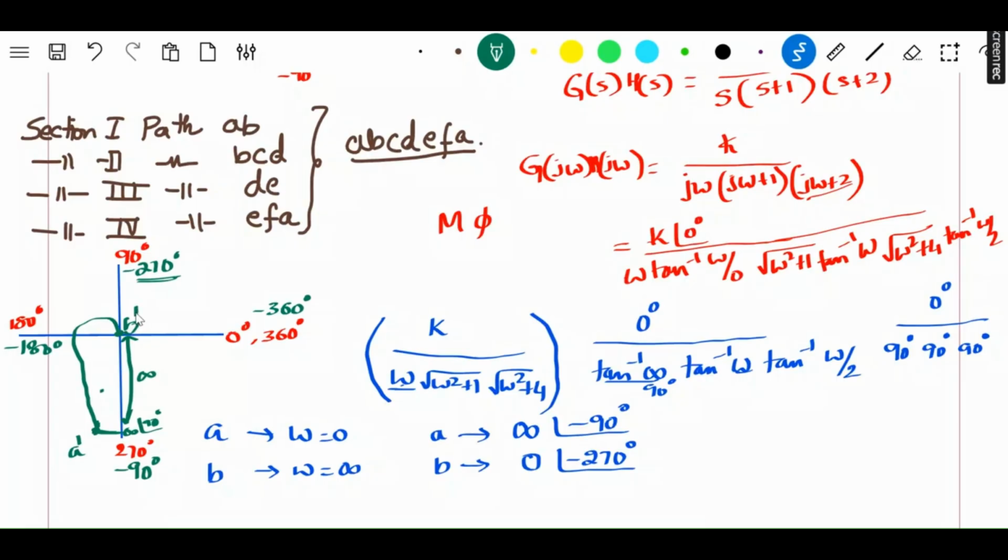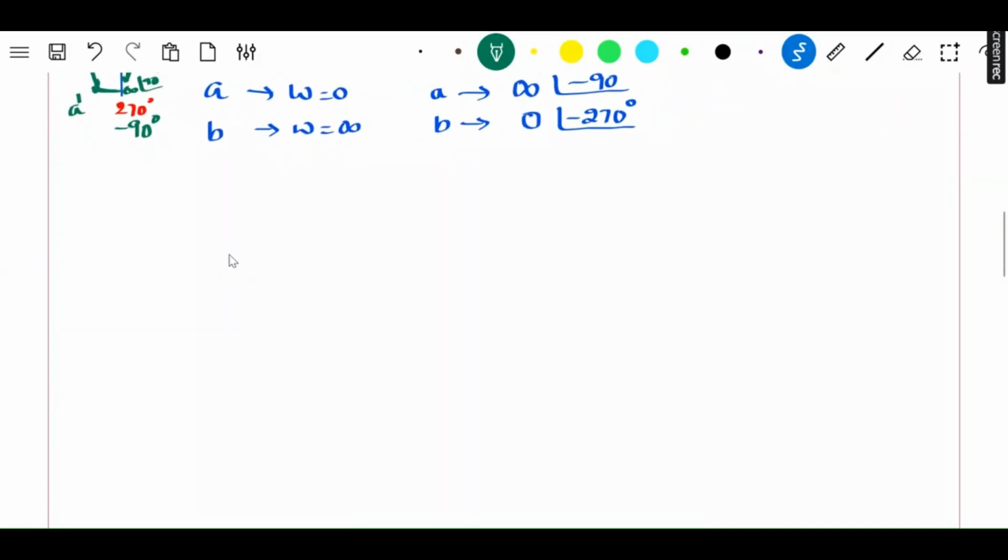A dash and B dash. I hope you understood whatever I have solved till now. Now let us move further. Now let us go to next section 2, which is path BCD. So let us take